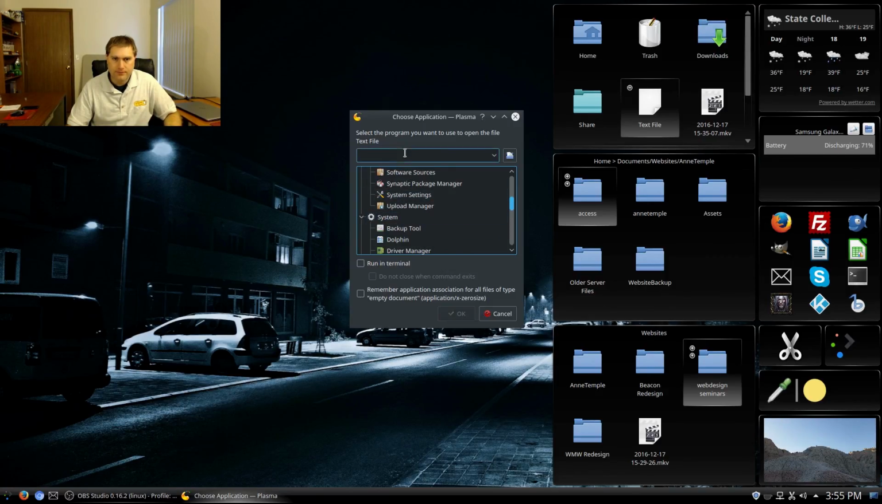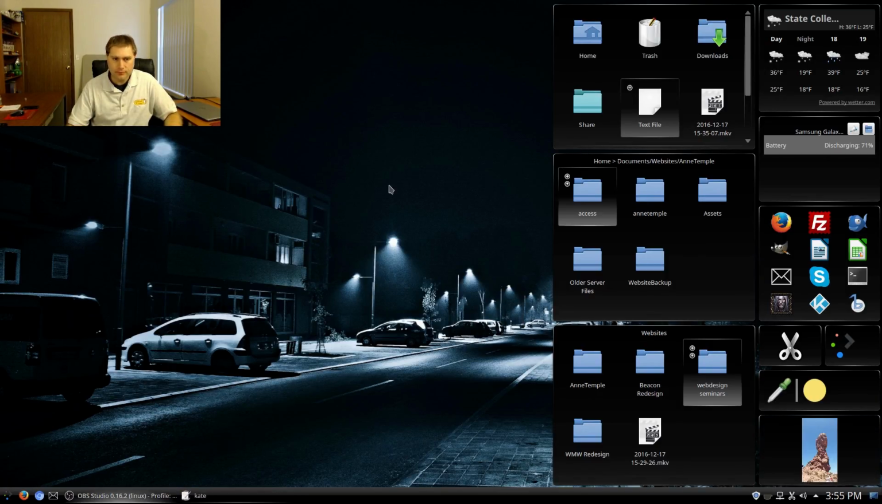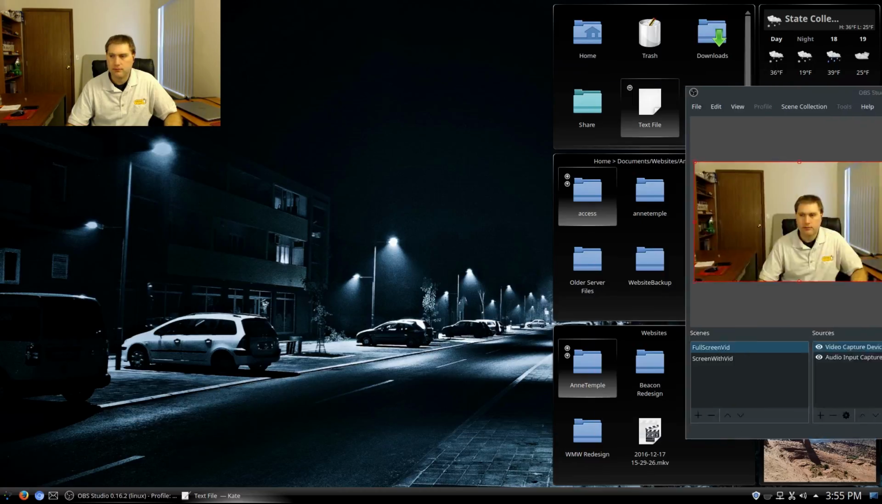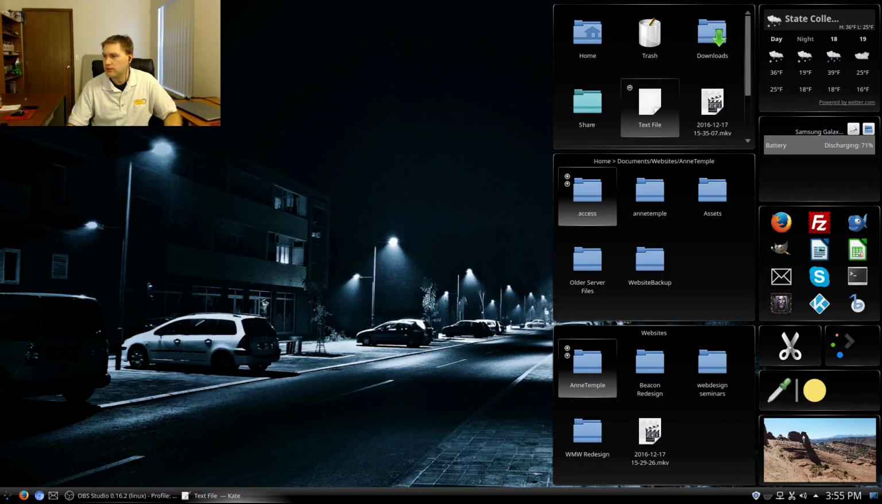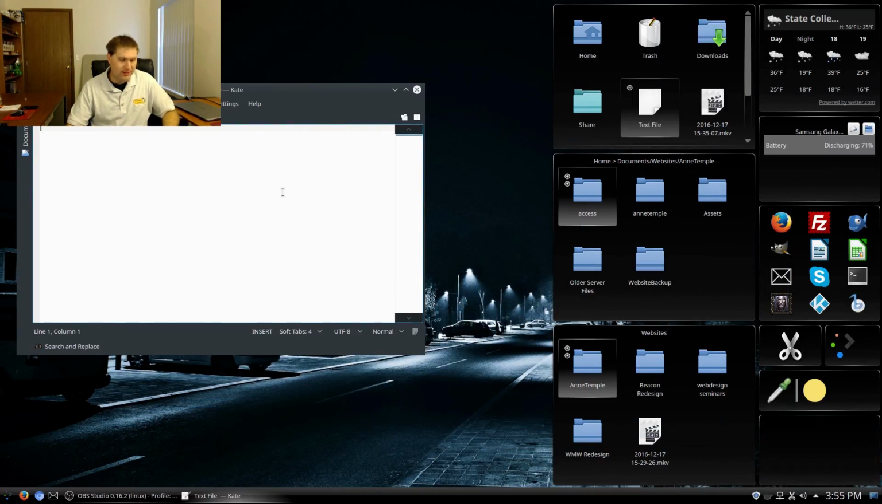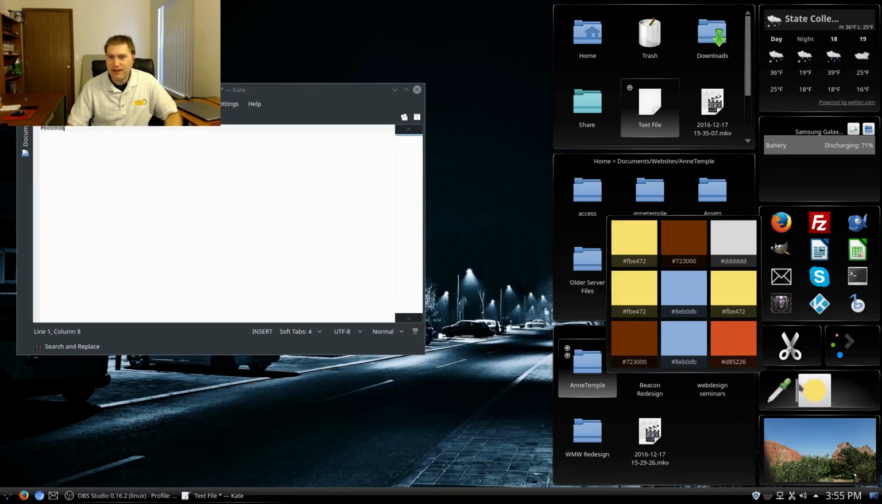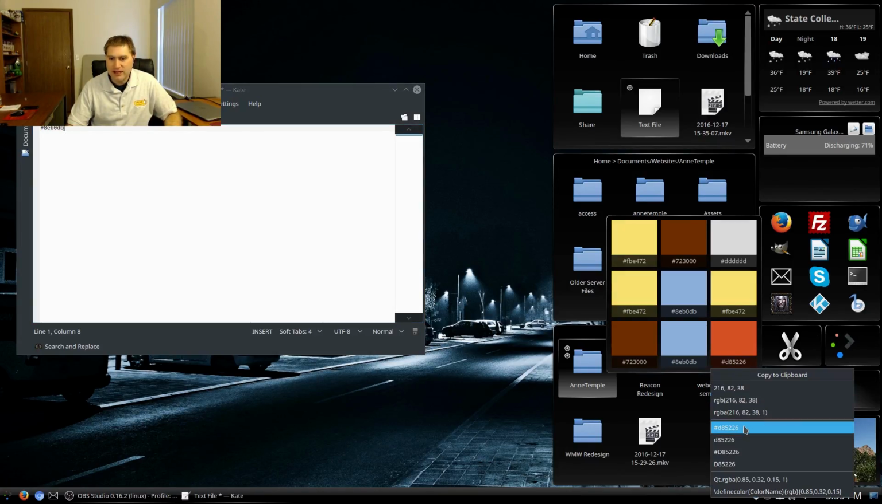Well, the program's Kate that I'm looking for. I don't remember where it's at. Open in Kate, please. Okay, of course it opens way over on the other screen. No, not you. You, thank you. Okay, there we are. So now if I pick up my color picker, I can actually come down here